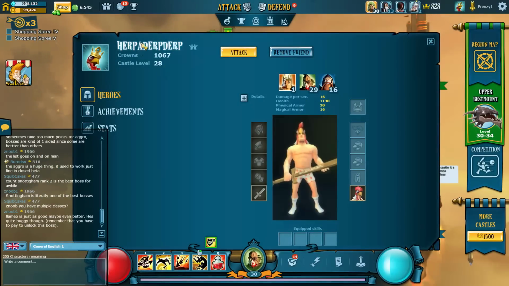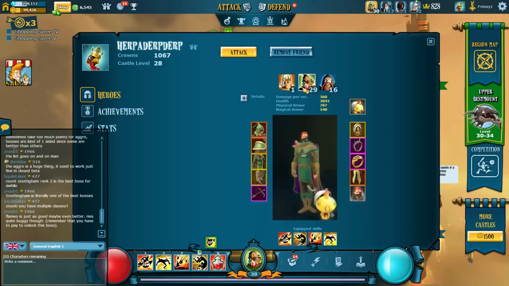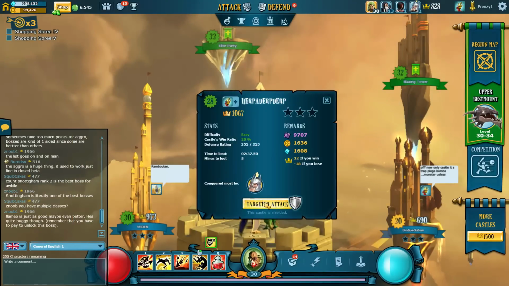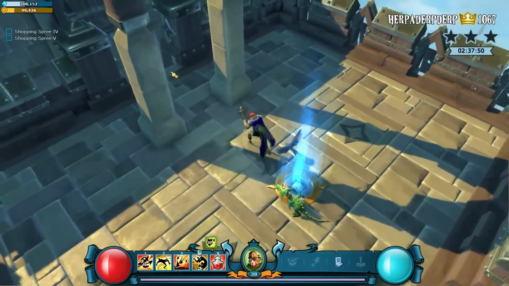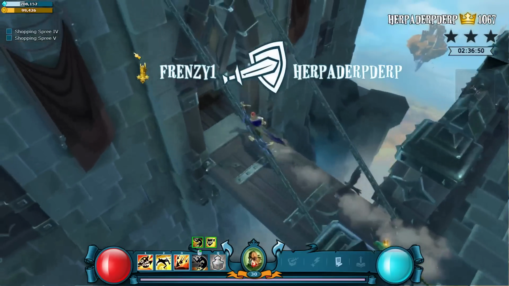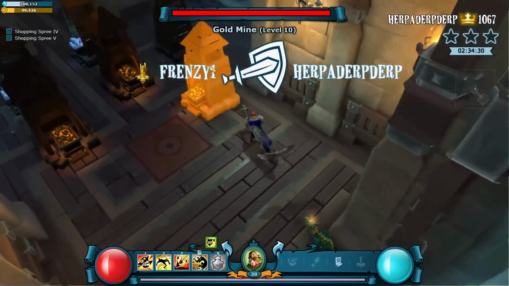Alright, and lastly we have Herpaderpderp, castle level 28. He's got this archer that he validated with. Let's see what he's got in here. Okay. So, let's go to work. Let's see if he's got any